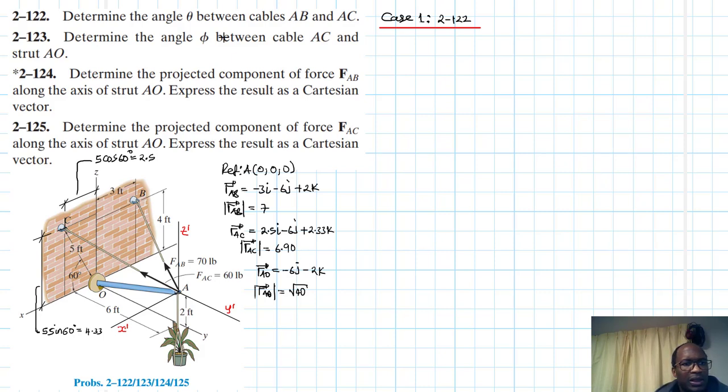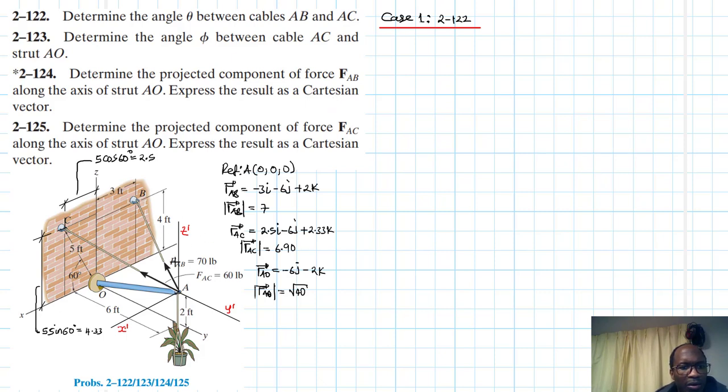Everything will get clustered and so on. So let's write down the force using the formula for the unit vector. A force vector is just its magnitude times the unit vector, right? And the unit vector is just equal to the position vector divided by its magnitude, and I have this information here. Alright, so let's write down,